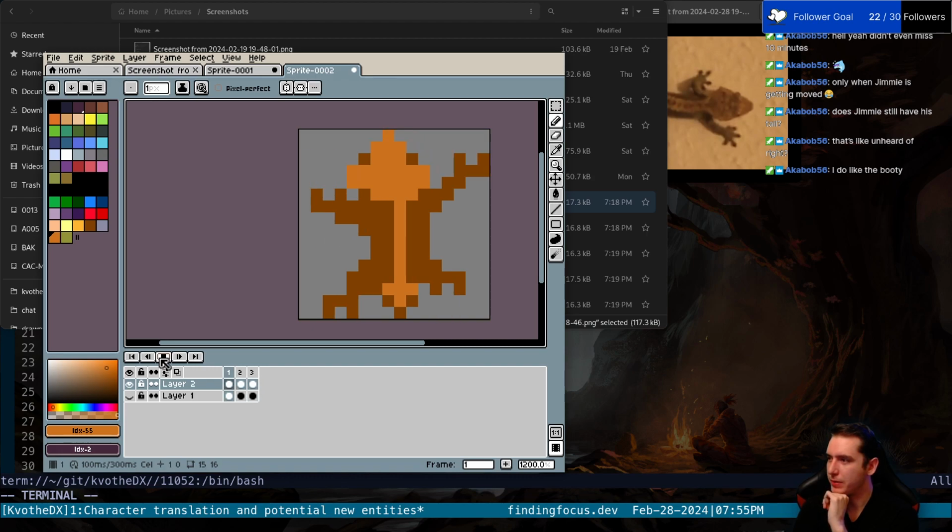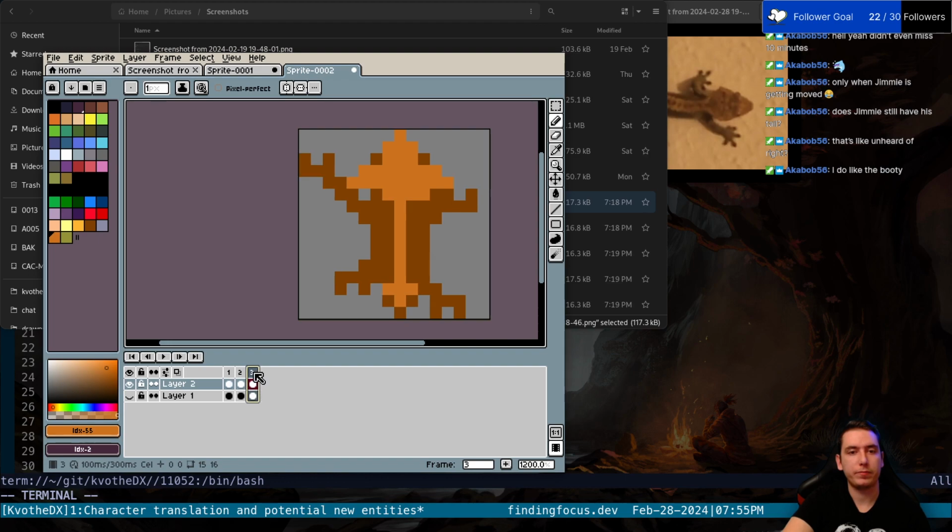Now, I think right now his head is only shifted. We've only got 3 frames, so let's make sure we've got 4 frames. So if hands up, his left foot comes up. So left or right hand up, left hand up. And then we need another frame. But before we copy that, we need to make sure